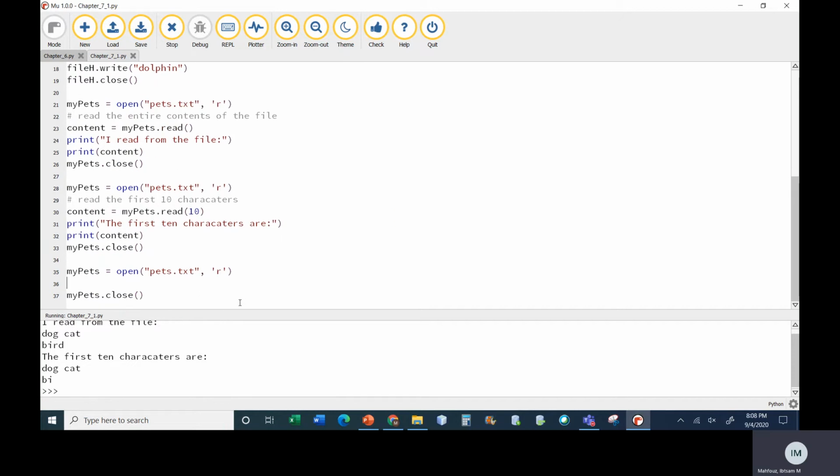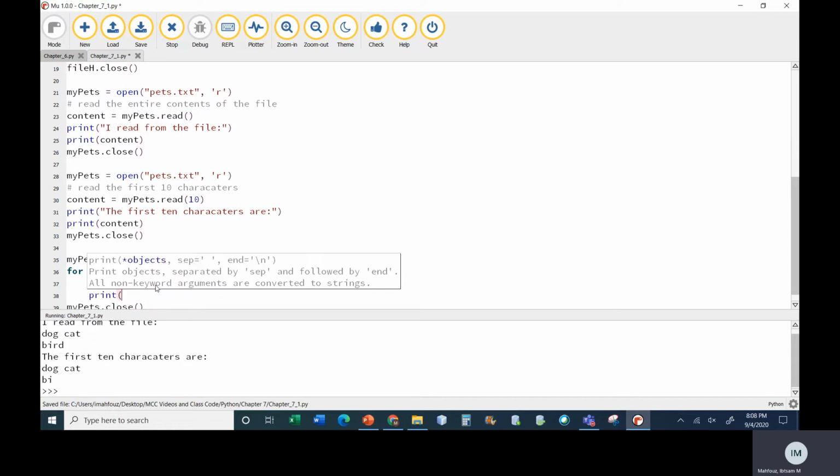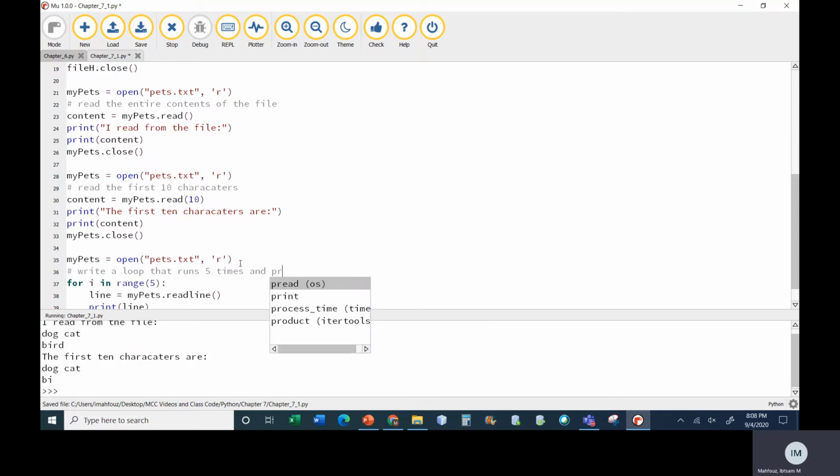Well, let's see. Why don't we write a loop that runs 5 times? So let's say for i in range 5. This is going to run 5 times for numbers 0, 1, 2, 3, and 4. And what I'm going to do is read a line. So I'm going to go to my pets and say readline. This is going to read me a line, and then I'm going to print that line. So here I'm writing a for loop that runs 5 times